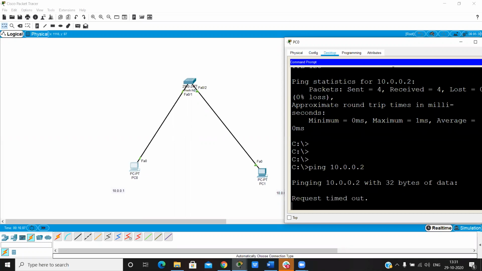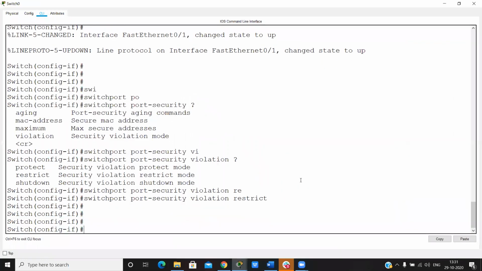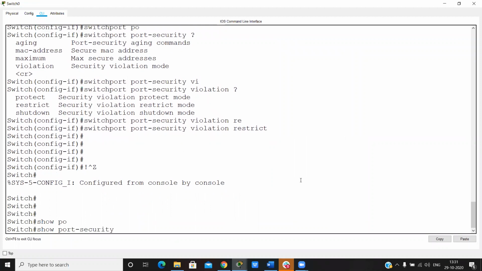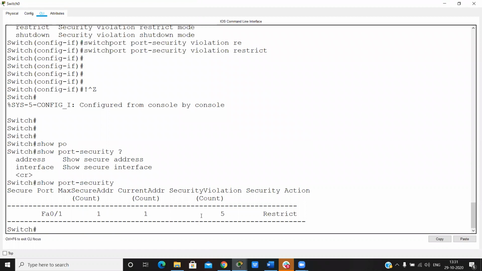And here it can count every unauthorized traffic. So with port security, see, the violation packet count is 5. It will count every violation packet.